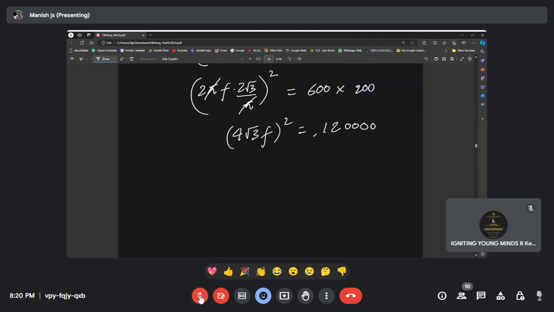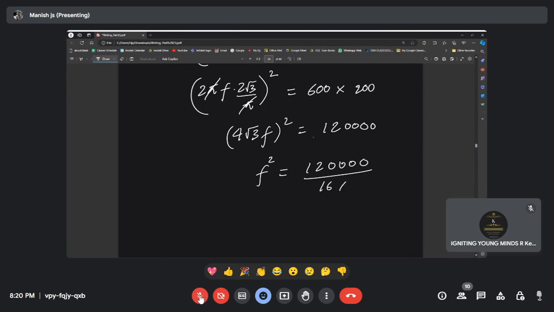Now the square term, I'm trying to bring everything out. I'm trying to square everything and then find out what f is. So rearrange for f. So we will get f square is equal to 1,20,000 upon